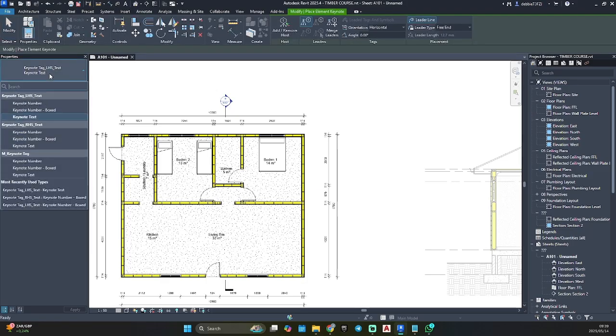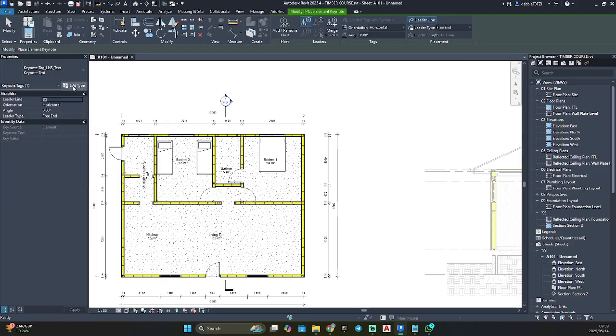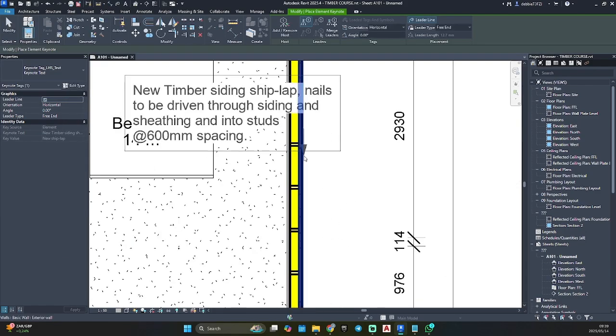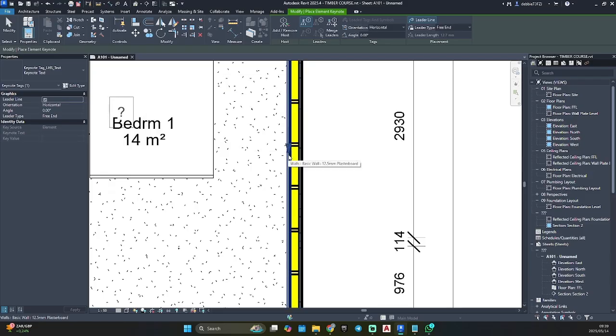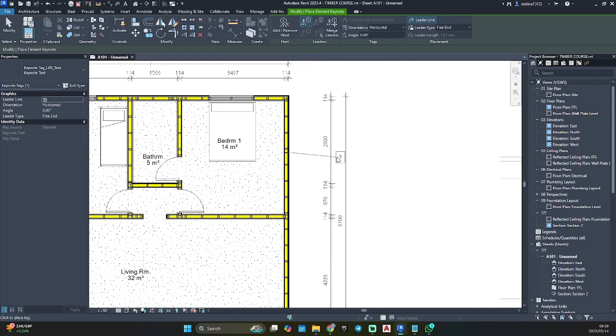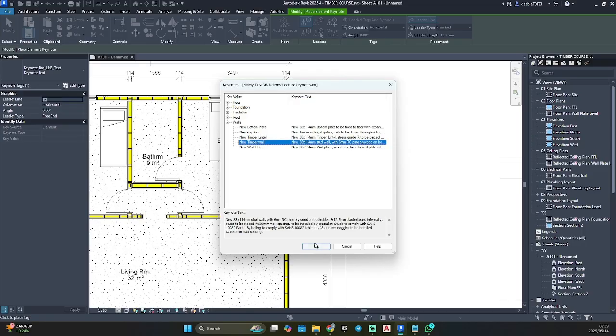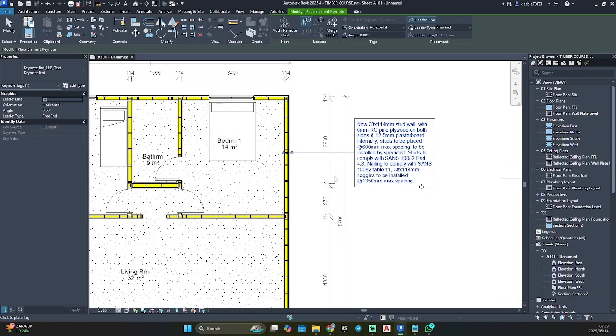Go keynote, take the right hand side, edit type. I like working with arrow fill 30°. Drag it, and then it pops up. So then you go, that is our wall, new timber wall, and it gives you your specification. So